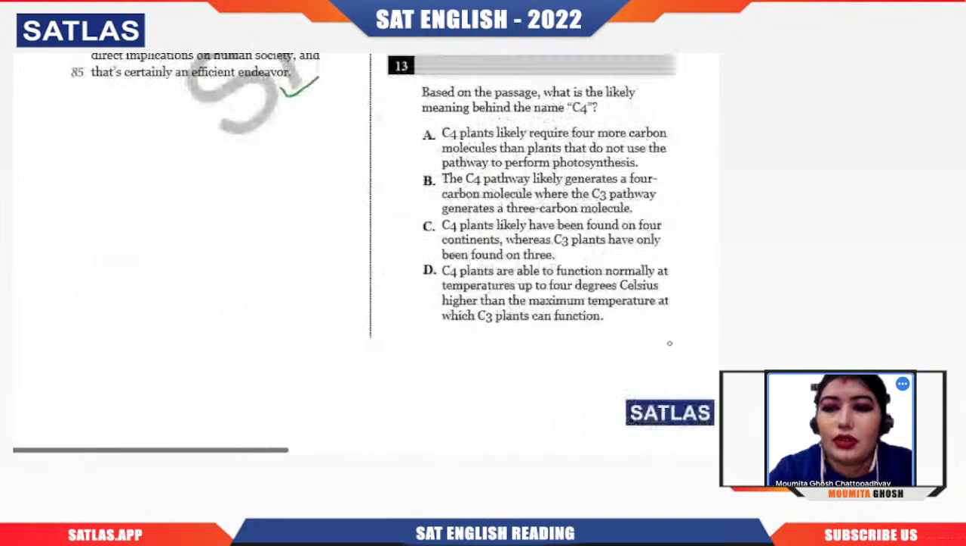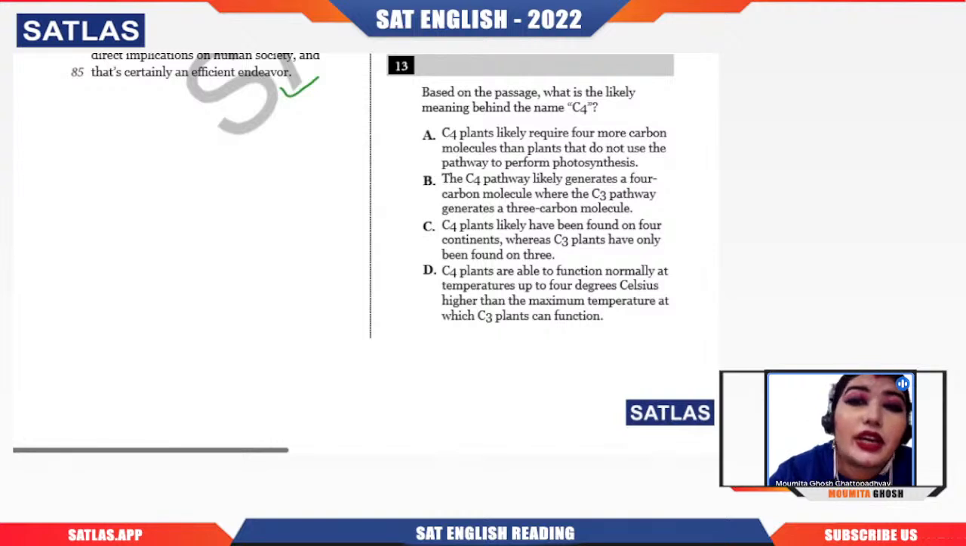Okay. Based on the passage, what is the likely meaning behind the C4? Option A, C4 plants likely require four more carbon molecules than plants that do not use the pathway to perform photosynthesis. Option B, the C4 pathway likely generates a four carbon molecule where the C3 pathway generates a